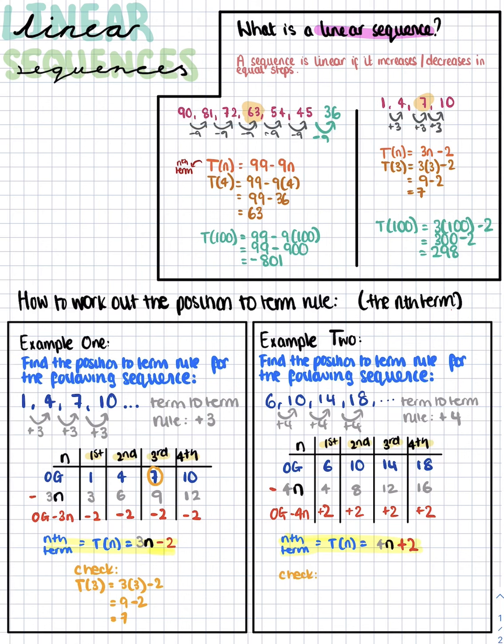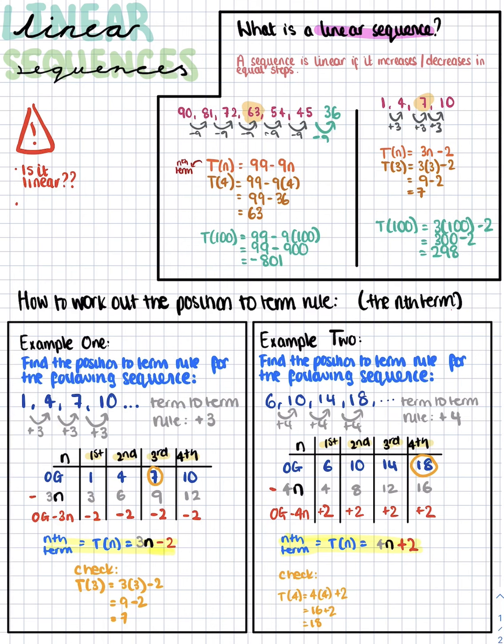So if we're trying to work out our fourth term, so t(4), we're going to replace n with 4. So 4 times 4 is 16, plus 2 is 18. So yes, this does work. So this is correct. The key thing to remember is to always check that your sequence is linear before you start. Because if it's not linear, then you can't do all of these things to work out the position to